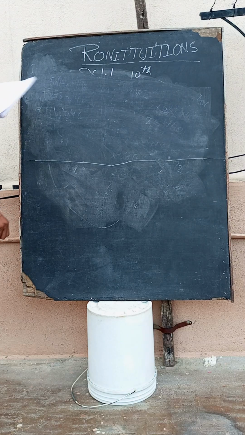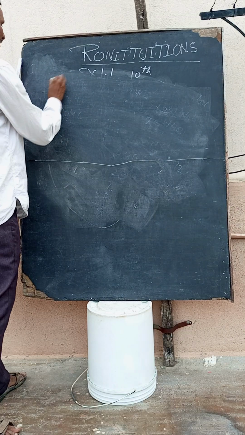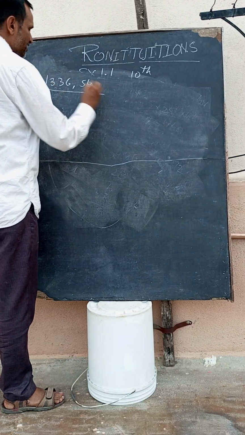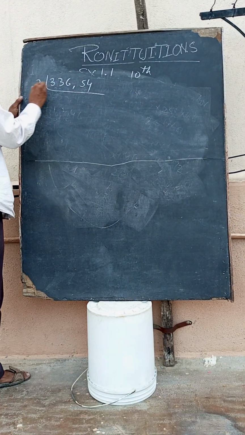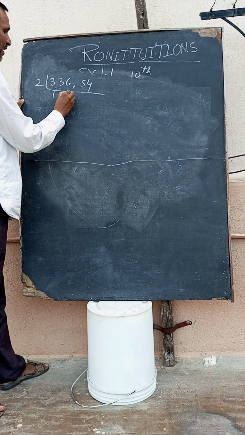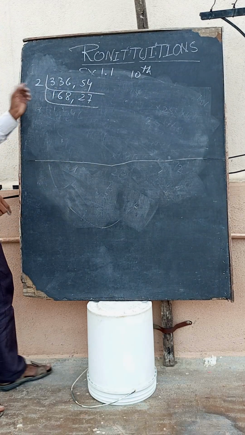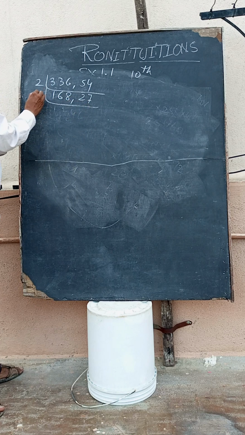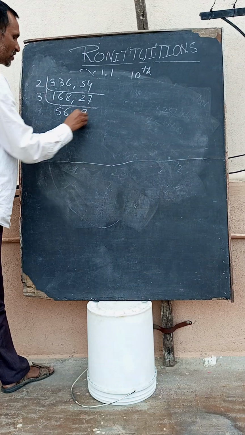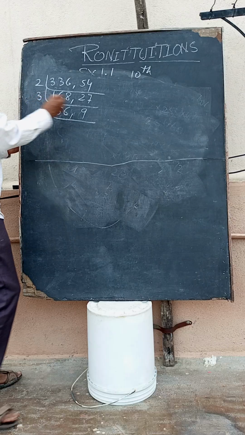Another question given, question number 3: find the HCF, LCM and then verify, for 336 and 54. First we are going to find the HCF. These numbers are divisible by 2 because both are even numbers. So 2 1s are 2, 2 6s are 12, 2 8s are 16. Then this one, 27 will come. Again this number, 7 plus 8 is 15, so 3 can divide it. So 3 5s are 15, 3 6s are 18. Again this 9. Now this number 56 is coming, in the 7 table it is not coming. So these are the HCF.